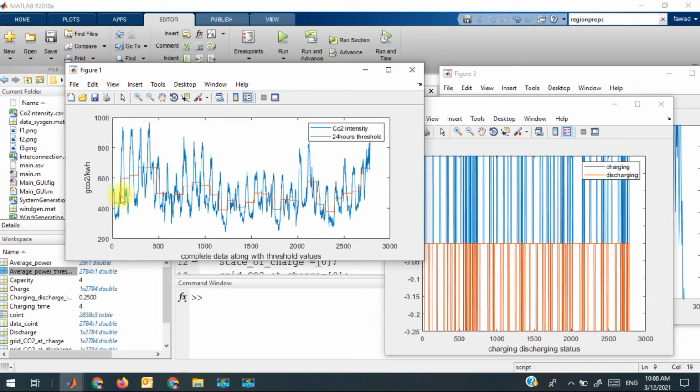The first one is the data, the carbon dioxide intensity per kilowatt hour, which was in the Excel sheet. So this is the time axis, and this is the carbon dioxide in gram per kilowatt hour. And here are two plots. The blue one is the carbon dioxide intensity for the complete set of data,